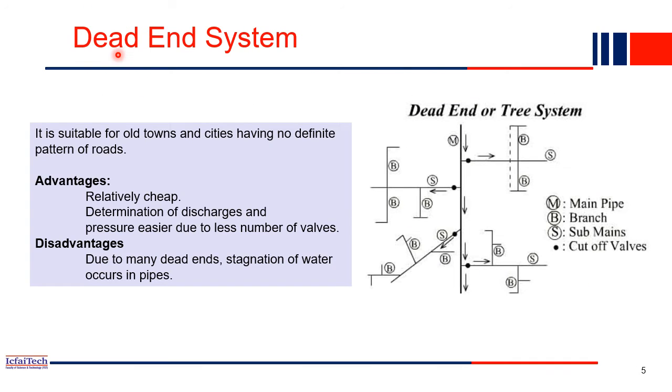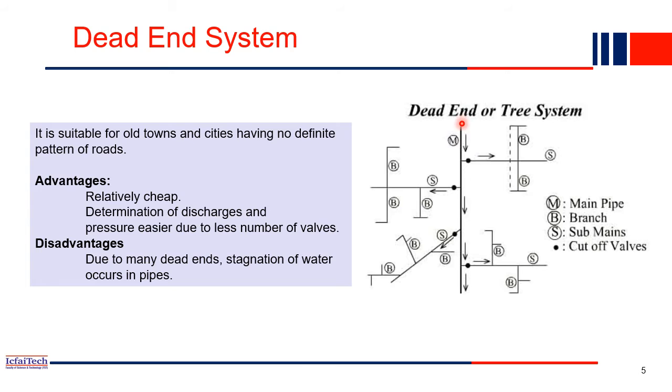The first type, as I mentioned, is the dead end system. You can see this is the type of design. It is very useful for old, already developed cities, where roads were constructed in a haphazard, random manner. The roads are not systematic; maybe you will find small narrow roads and wide roads. In that case, we can use the dead end or tree structure, where you can see this